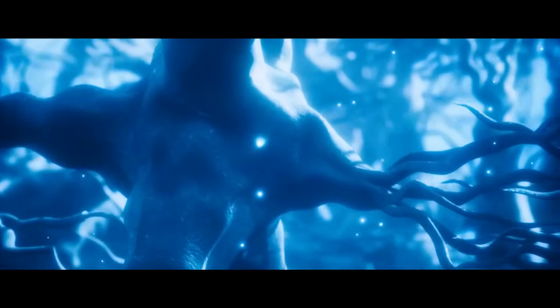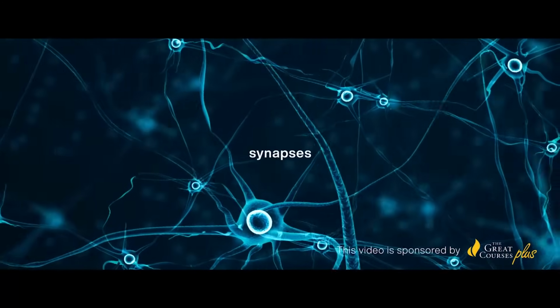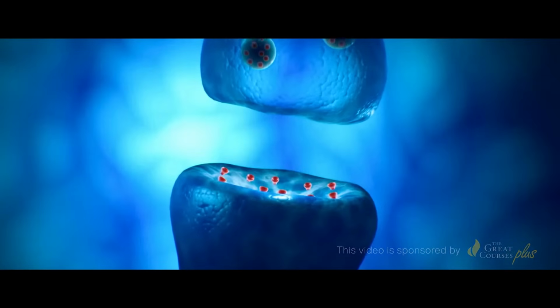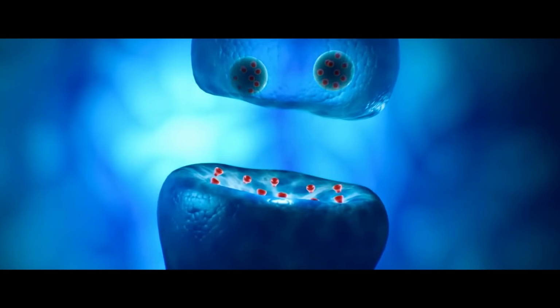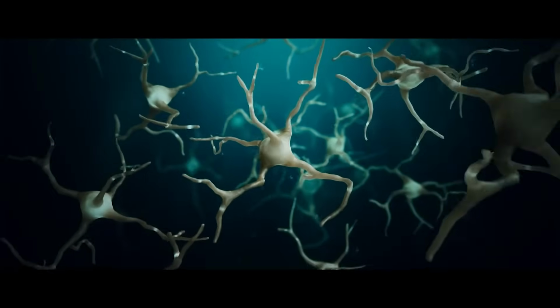So your brain is composed of neurons. Neurons connect together and form a network that can talk to each other through synapses. They're the connection points between neurons, and they communicate using chemical signals, known as neurotransmitters. All of your senses, everything you experience in